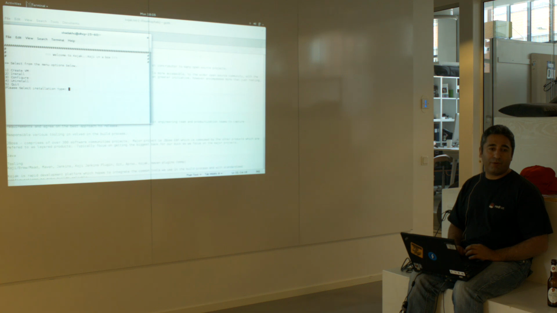Now, if you already have a running Linux installation, you can just go ahead and run the install option. If you don't want to do anything with your Linux install and instead create the virtual machine, which is the way that most people would do it, that's the option that you would do there. And obviously, I'm going to go through the create VM option.